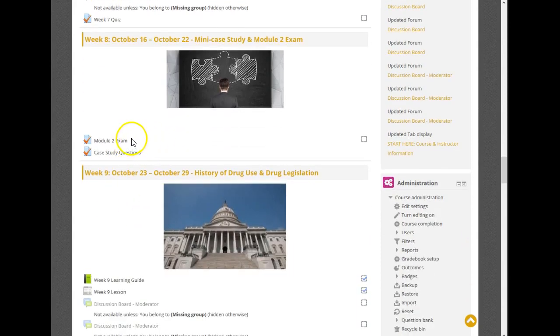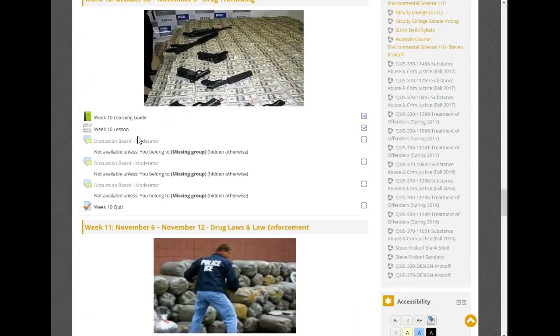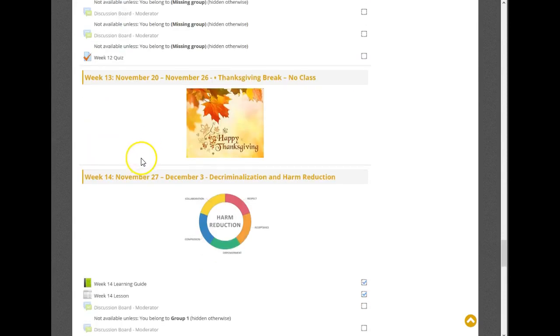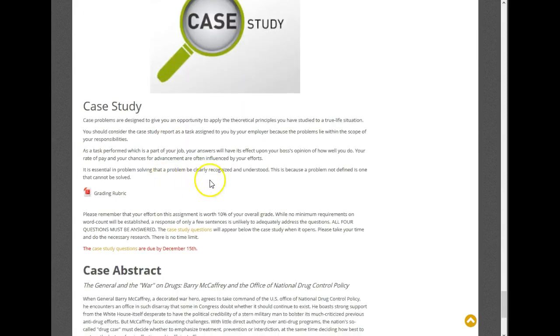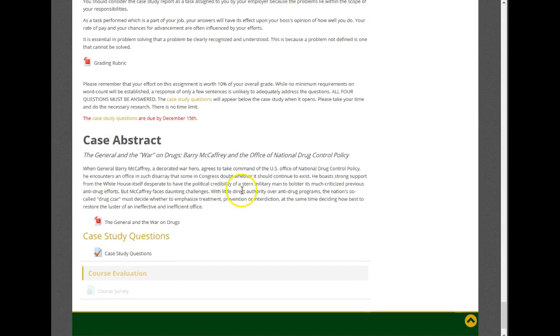They are not a huge undertaking. And as I said, the module exams are just 2 brief essays. And then you'll do that again in week 15. You'll have your module 3 exam, non-cumulative, and your mini case. And then you have your final case study. And don't get scared by that. It is just a larger case built off of the mini cases.